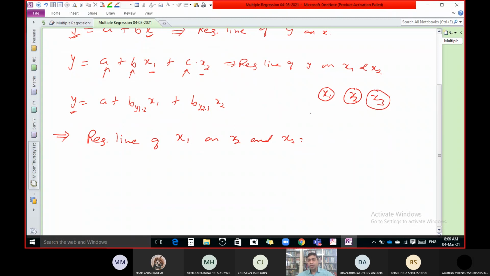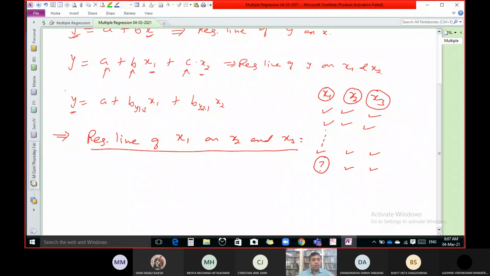So if we have data for different places regarding all these three factors, let us say we have data for 10 places, so we have 10 values of x1, x2 and x3. Now if we know the values of x2 and x3 for place number 11, then what is the answer for x1, that means the yield of crop for place number 11? If you want to find the answer to this question, we have to go for this particular line, the regression line of x1 on x2 and x3.